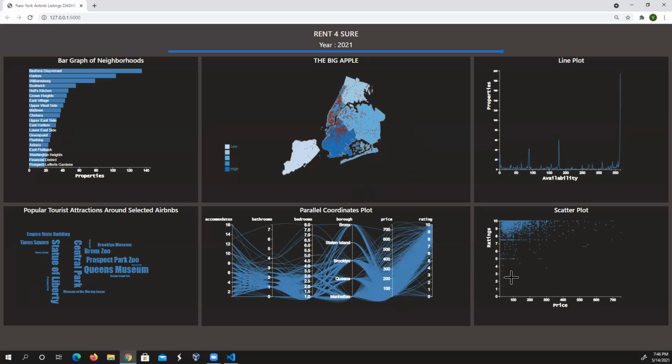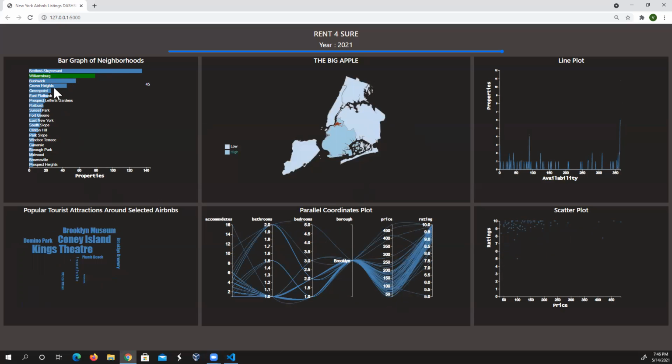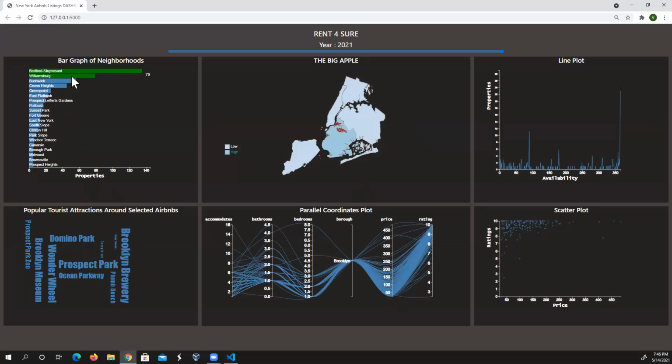Now let's also talk about this very interesting insight we found. Let's say you want to live in Brooklyn and you choose the areas, let's say Williamsburg, or there is Bedford. These have a lot of properties. As you can see, there are more than 210 properties available in these areas. And these are also very close to Manhattan. As you can see, they're very close to Manhattan. And let me see any other area.